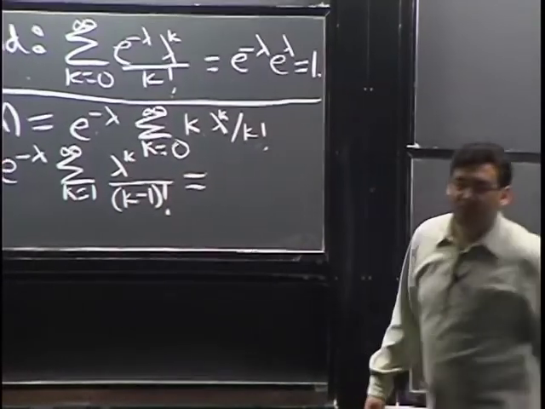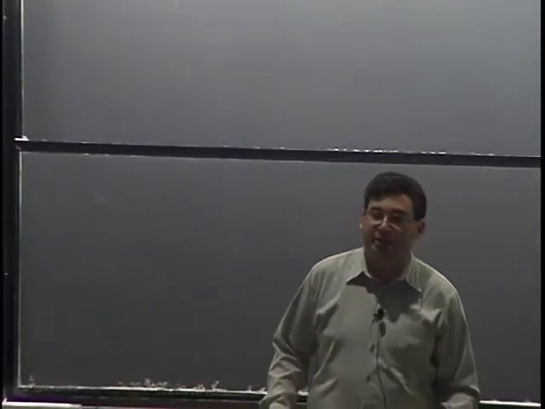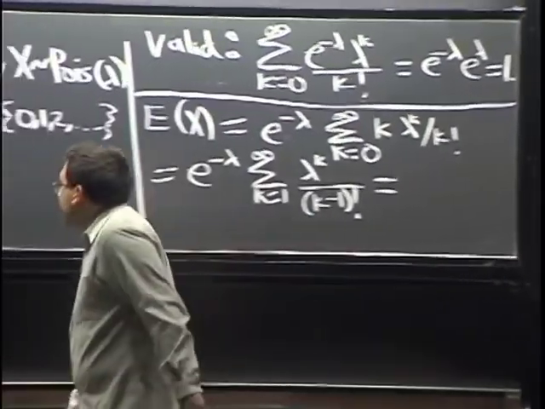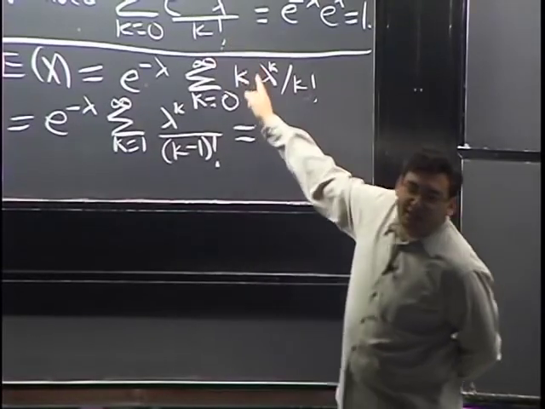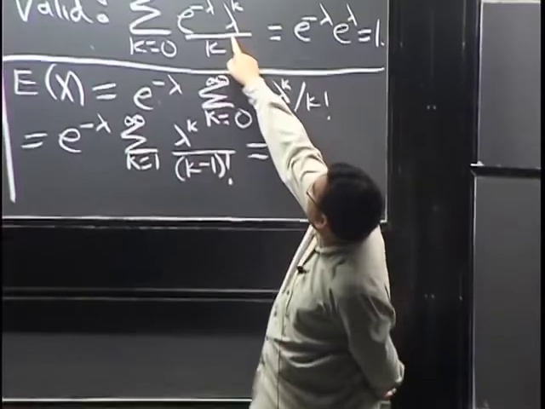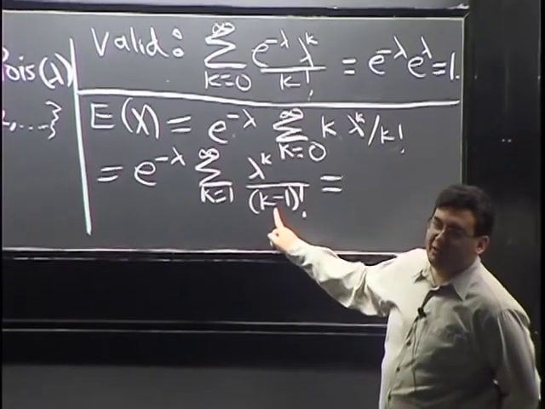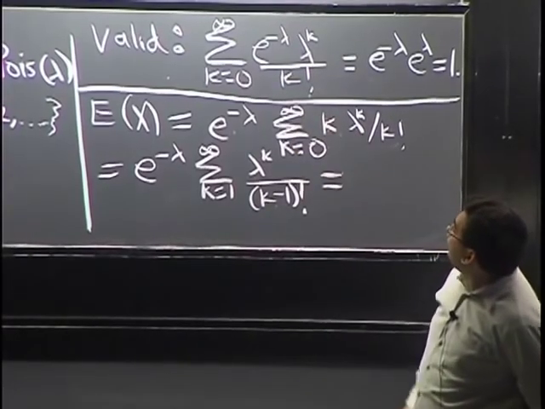Now it's not a calculus problem. It's just a pattern recognition problem at this point. When we see this thing, it should remind us of what we just did, basically, right? That's the Taylor series for e to the lambda. This series looks a lot like this series. The only difference is that we have a k minus 1 factorial, not a k factorial, and we're starting at